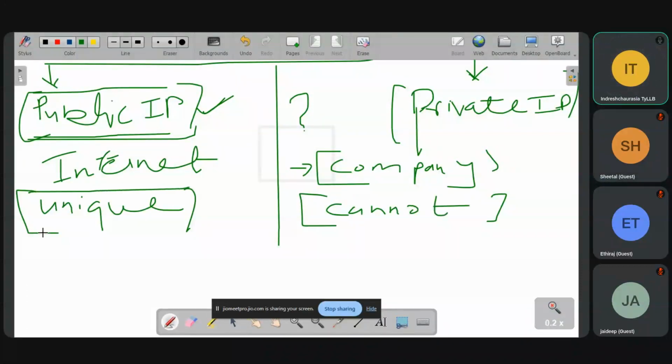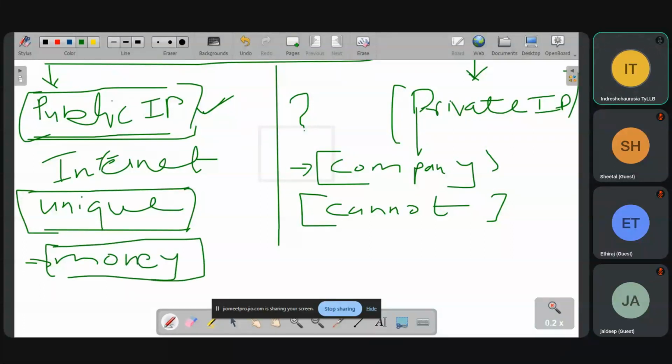When I say unique, once an IP address is assigned to any device, any URL, any website, it cannot be assigned to another URL or website in the complete world. And when you want a public IP address, you have to pay money to your service provider, like an internet service provider.